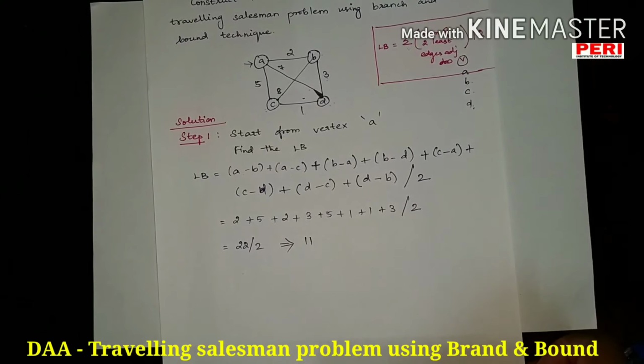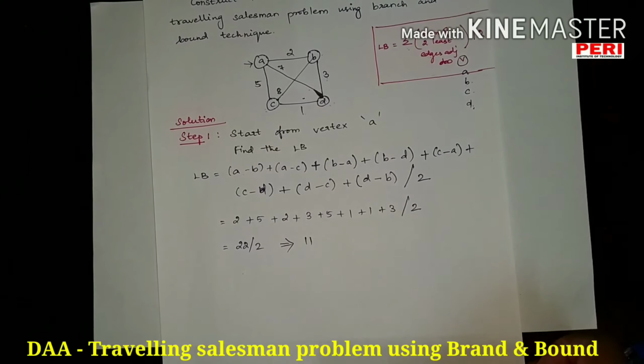Okay, coming to A. Initially in A to C, what you do is, let me draw the graph here so that it will be easy for us to parse. A, B, C, D. So A to B is 2, B to D is 3, C to D is 1, A to C is 5. Okay, now we are going to find the answer for A to C.